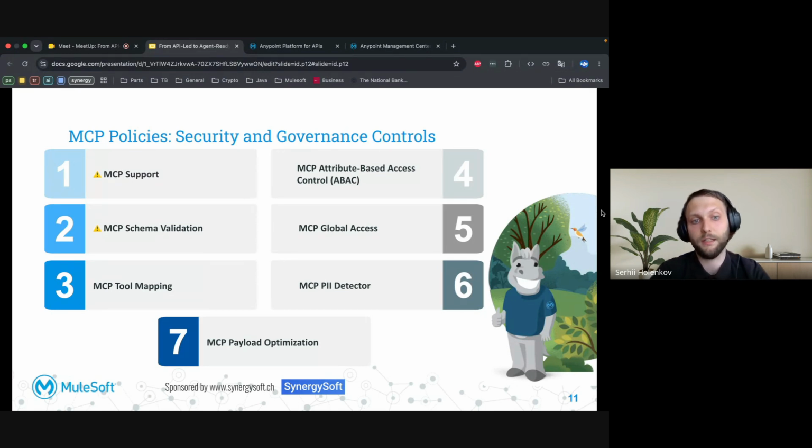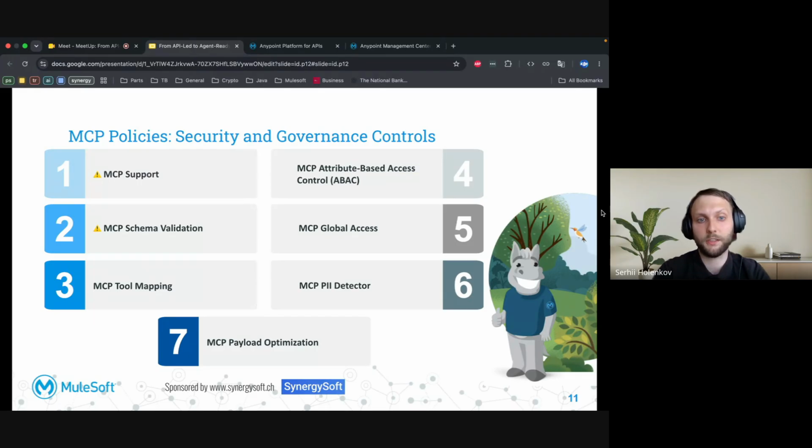The next one is MCP attribute-based access control, ABAC, which applies access decisions based on context such as user identity, application, or environment to enforce least privilege access, so agents receive exactly the permission they need and nothing more. MCP global access defines which MCP server and resources are available across the organization to prevent uncontrolled access and maintain consistent enterprise governance.